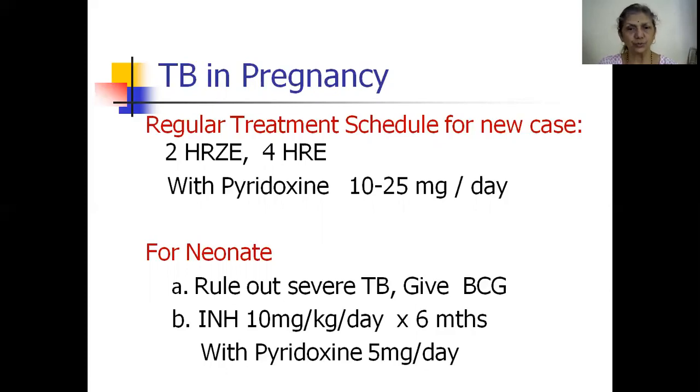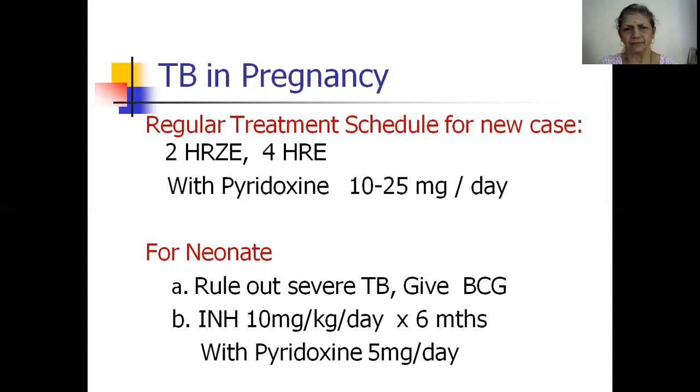That is 2 months of HRZE and 4 months of HRE, along with pyridoxine, 10 to 25 milligrams per day. That's a regular treatment schedule. Remember, otherwise, rifampicin is considered contraindicated in pregnancy, but for tuberculosis, an exception is made